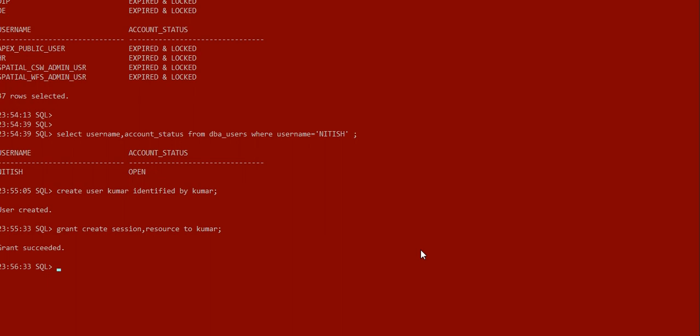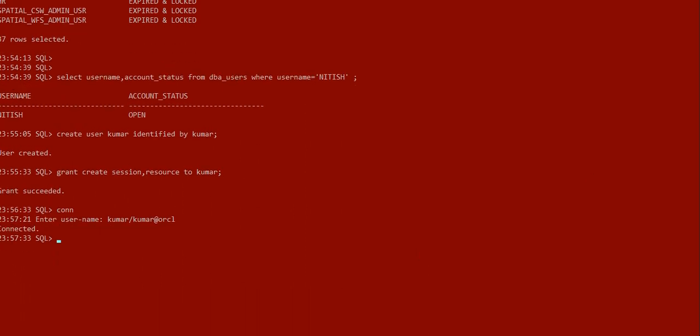Now I want to show you how we connect to that user. It's connect, then username Kumar, its password is Kumar as we set with identified by Kumar, and then you add the at sign and the database name. We are connected. Now we want to know which user we are inside.